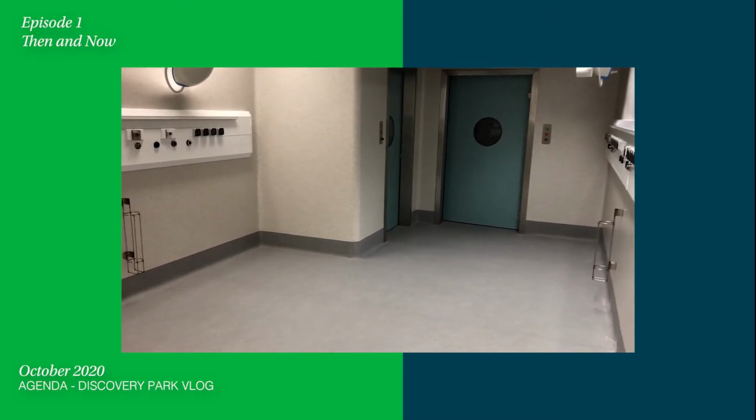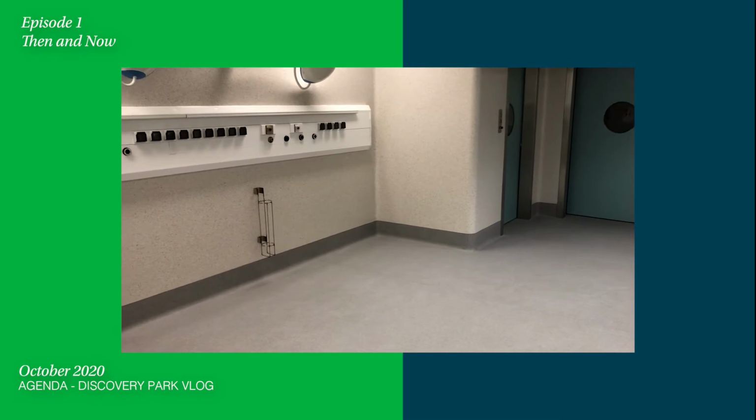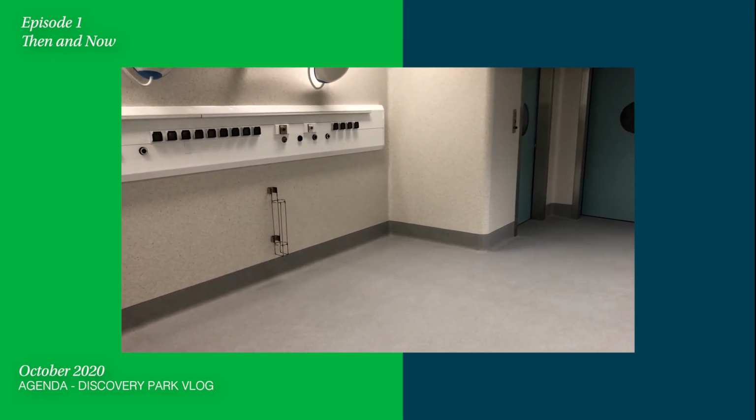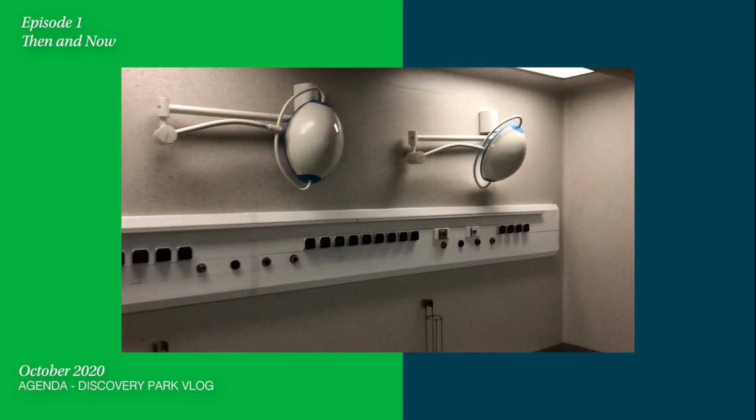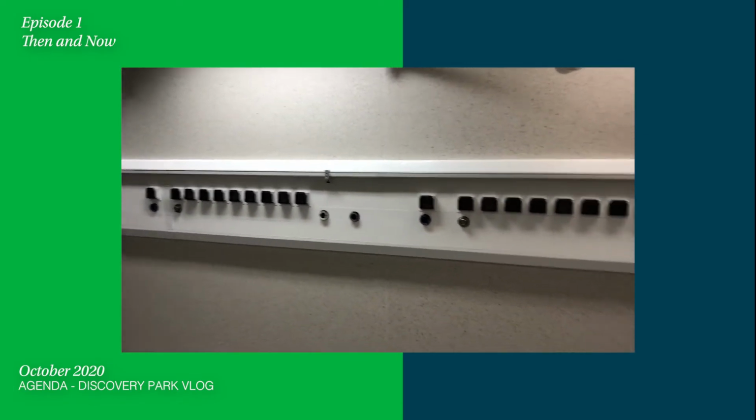So this was one of the rooms that on my last visit was full of equipment, and the guys have done a great job in moving it out and cleaning it down. This is a surgery suite, so we've got overhead lights for surgery around all four walls, lots of space to work in. You can also see that on the left here there's an ante room,